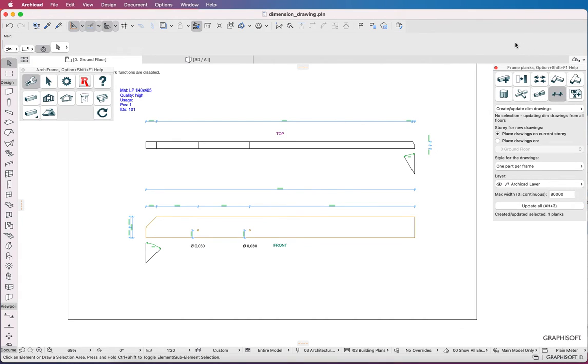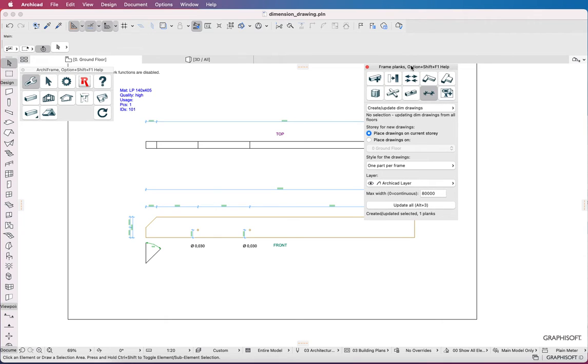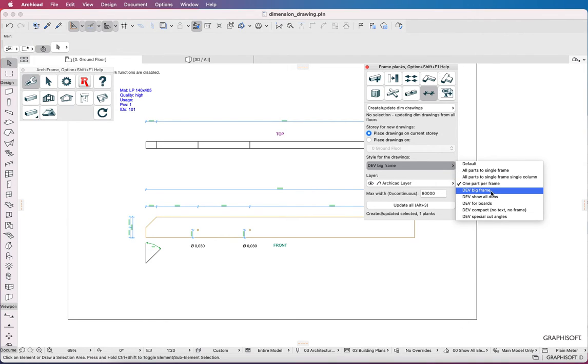Finally, I would like to talk about dim drawing styles. When you create or update one or more dimension drawings, you have to choose a style. This style will define not just the design of the drawing, but also the method and rules for how it will be created.